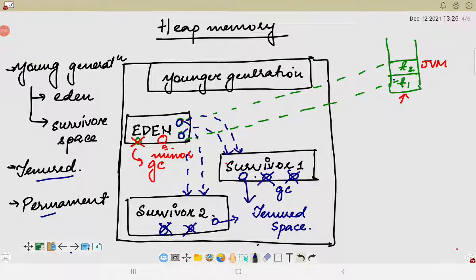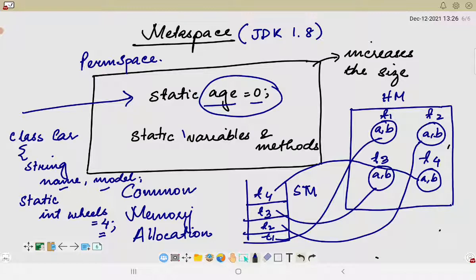And the third one is the metaspace, and metaspace will be taking care of all the static members which are there in that particular program.